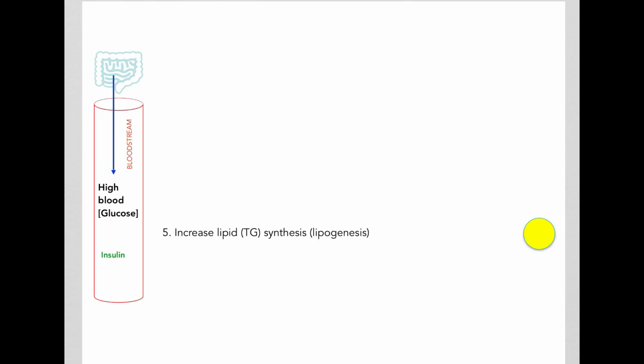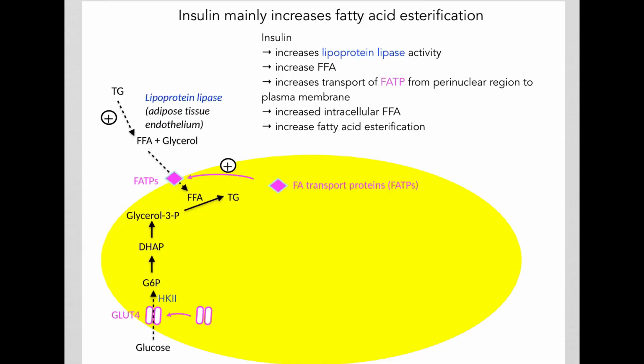Now let's see how insulin increases triglyceride synthesis or lipogenesis in the adipocyte. Recent research shows that insulin increases lipogenesis in the adipocytes mainly by increasing fatty acid esterification. That is basically taking fatty acid, combining it with glycerol to form triglycerides. So fatty acid esterification. So what insulin seems to be doing is that it increases the activity of this enzyme